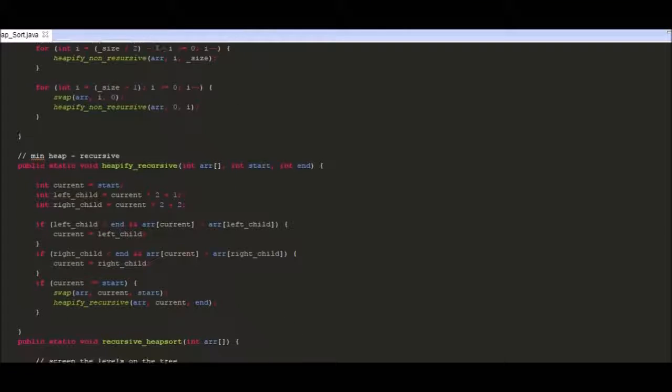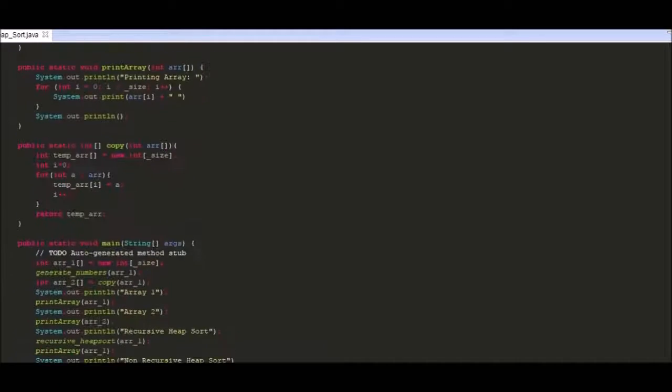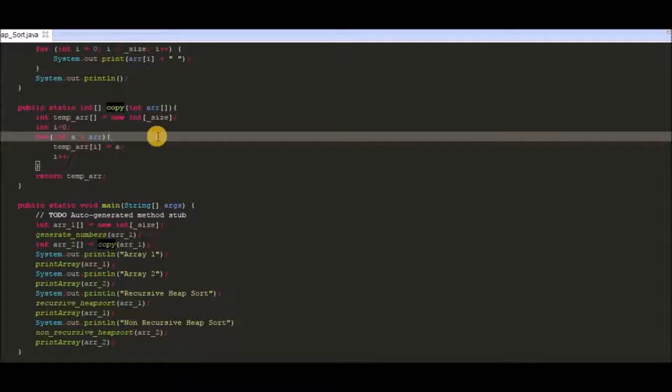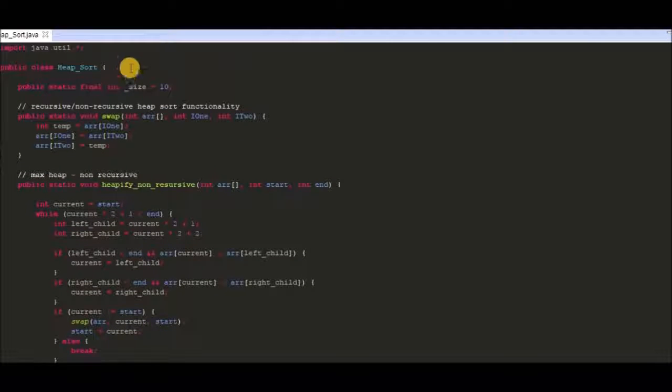There's one more thing I want to go over here, which is this copy function, which acts as a deep copy rather than a shallow copy. So we'll explain that later. Well, let's complete this. So if we run this,